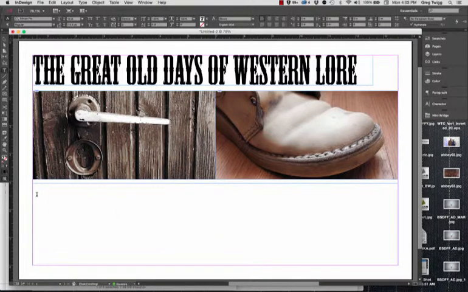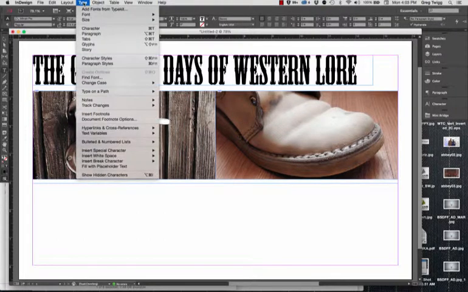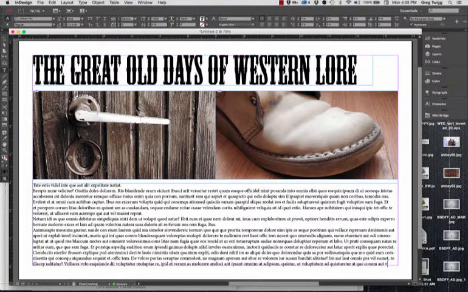It's ready to go, but I don't really know what I'm going to type yet. But I'd like to get an idea of how it's going to look. Maybe I'm waiting for text from a copywriter or something, right? So from my type menu, I can choose to fill that field with placeholder text. How awesome is that? It's so cool. I could have copied and pasted a bunch of stuff that I found off the web or something, but this